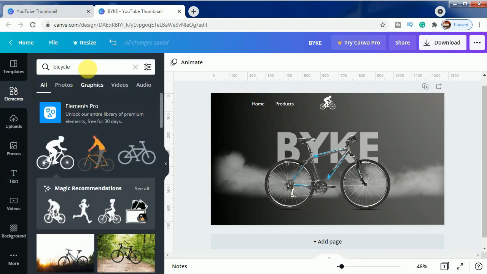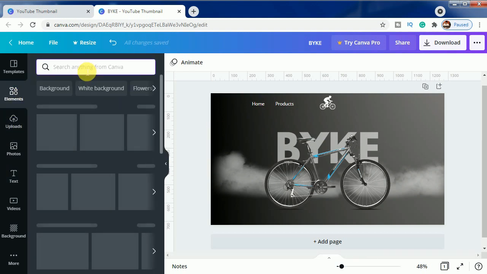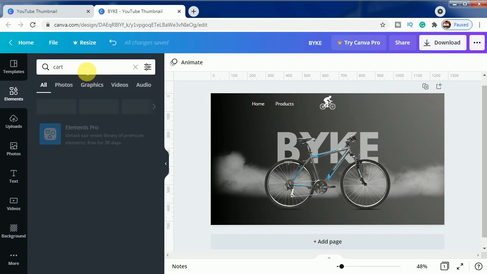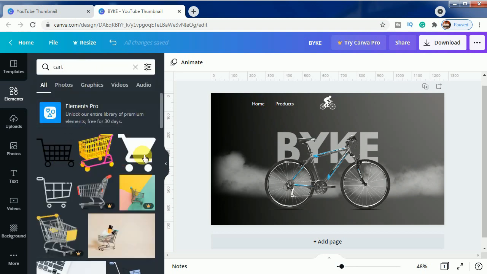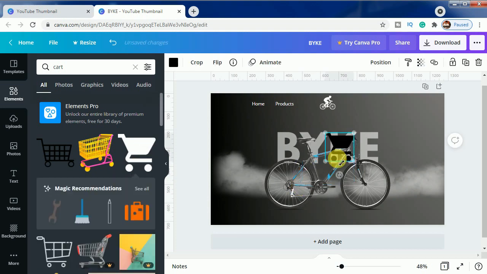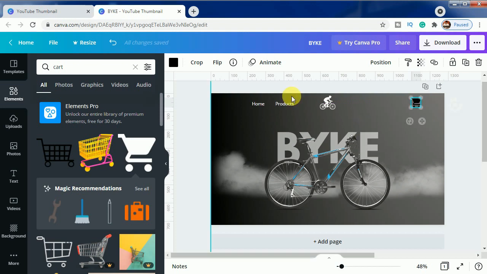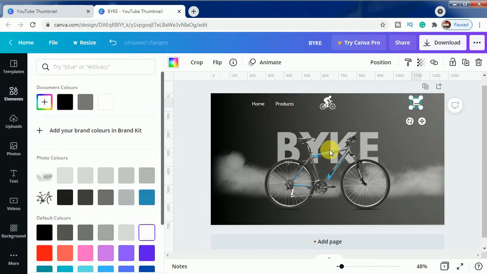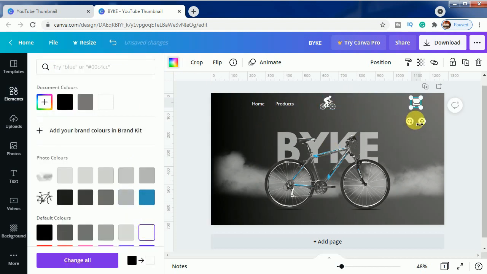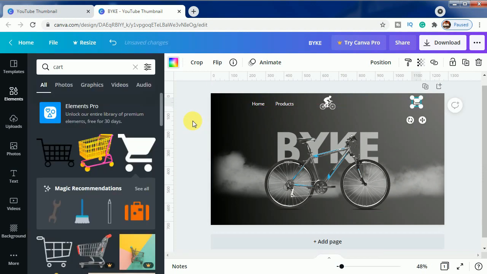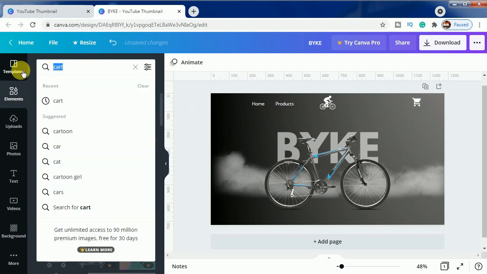And these will be the two writings, and here we will add the icons. For the icons we will come to elements. Again we will first choose cart, which will be the shopping cart, and we will choose this one, make it smaller and just add it. As the logo is in white color, make these icons white also. So the cart is added. Now add the profile icon.